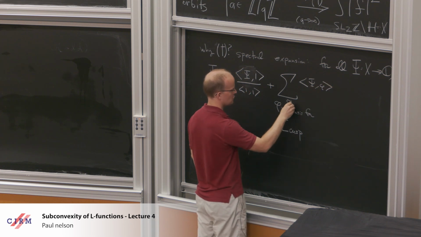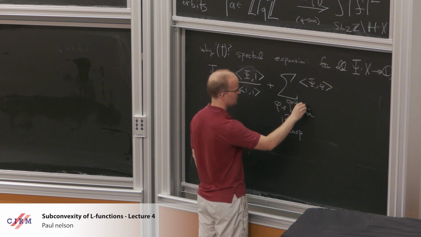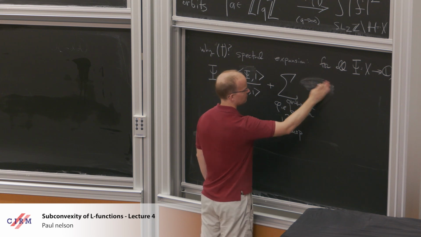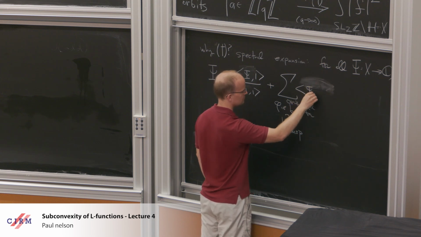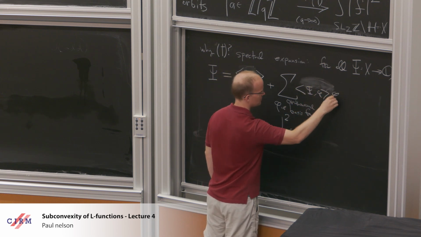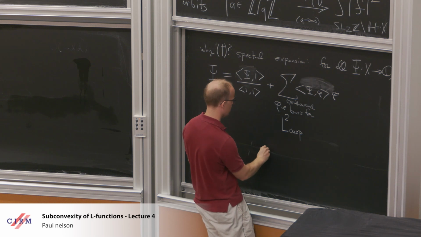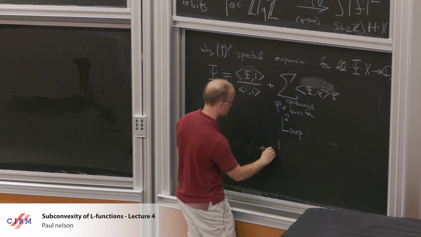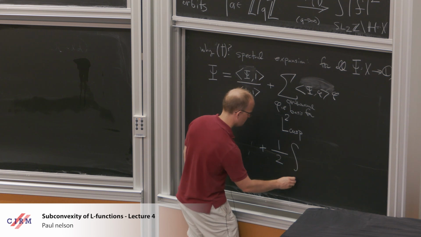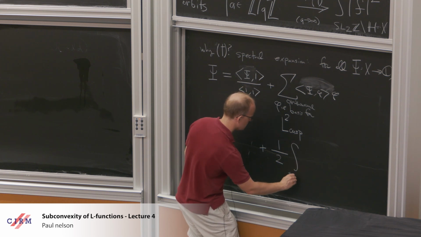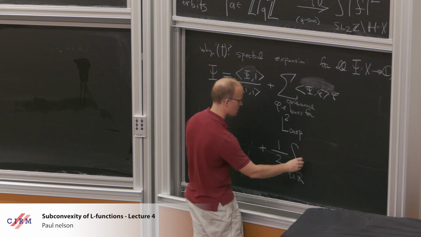So maybe it's an orthonormal basis, so I don't have to divide every time by its norm. And then you get a copy of phi. And then down here you get an additional contribution of the Eisenstein series. So you have an integral over, let's say, T and R of